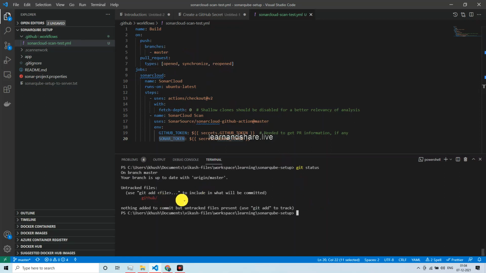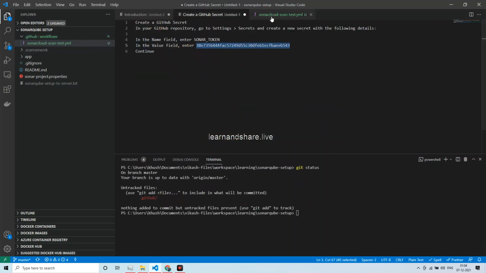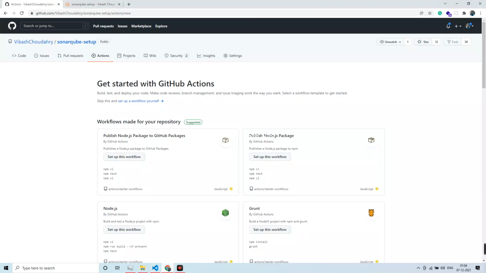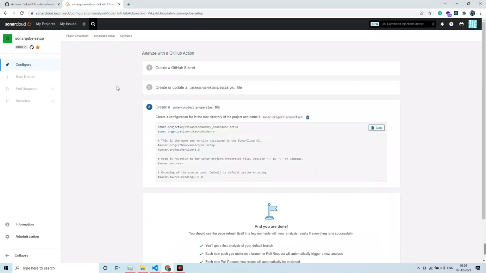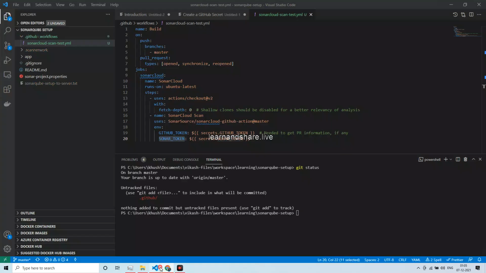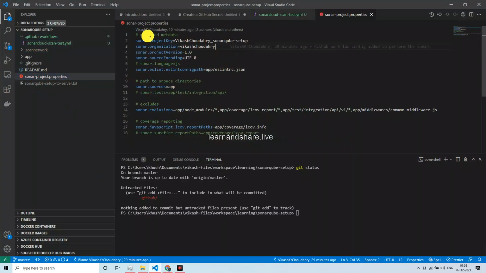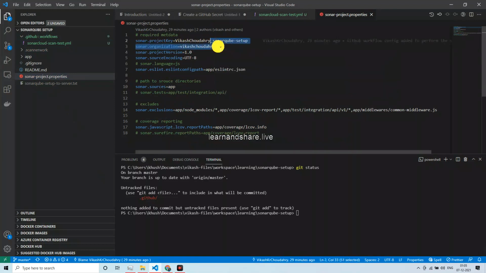Okay, so you might have noticed that it asks us to create a sonar-project.properties file with this value. So we'll have to copy this because we are going to integrate this specific repo to Sonar Cloud. We see that the project key should be this and the organization should be this, but if you look in this repo, the project key and organization are there, yet initially it was not. It was something else,